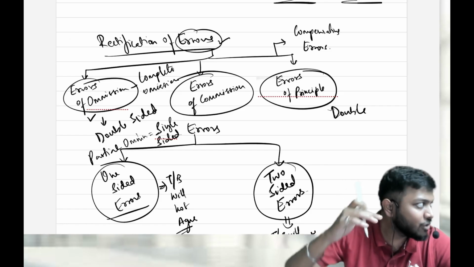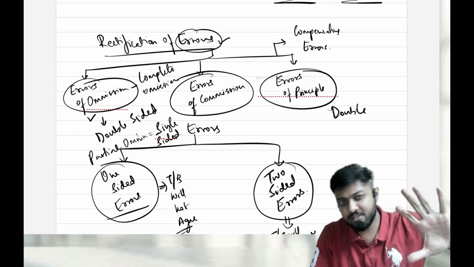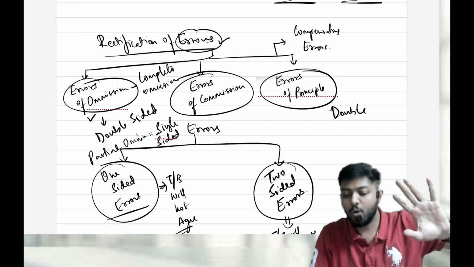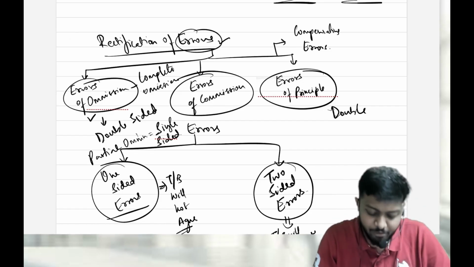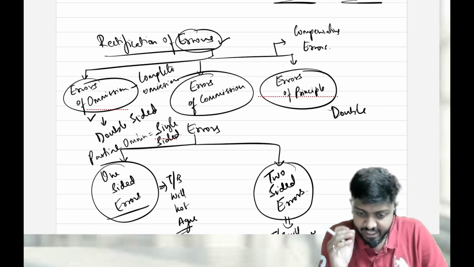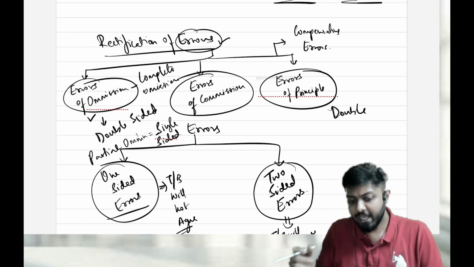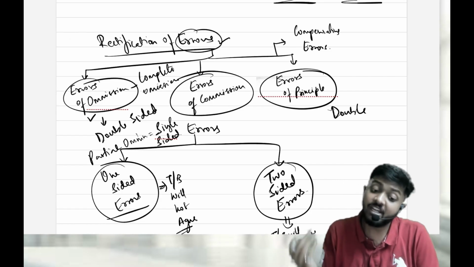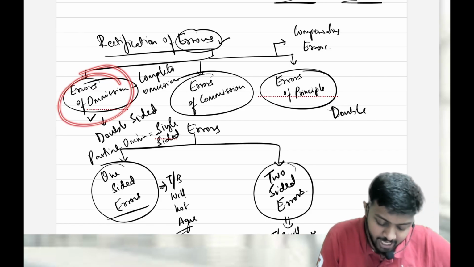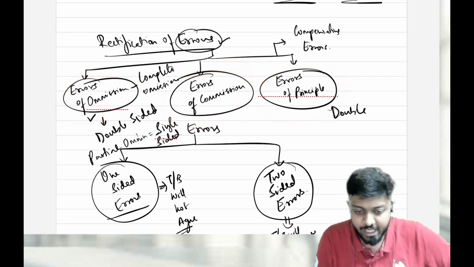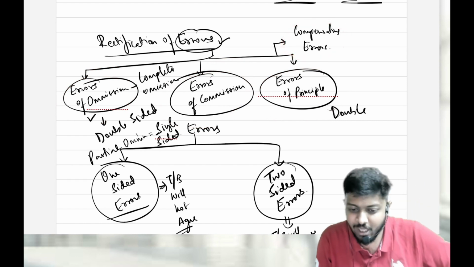That is what we are learning. Before that, let's understand what kinds of errors can happen. Rectification of errors is generally questioned every time. It's very simple also, but I want your focus here. Now let's understand the different types of errors. We are looking at a classification of errors. First I give you one classification, then I give you another. Focus. Errors can be divided into 3 parts: errors of omission, errors of commission, and errors of principle. There is one more kind of error which we have to discuss: compensating errors. All these 4 errors we'll discuss.